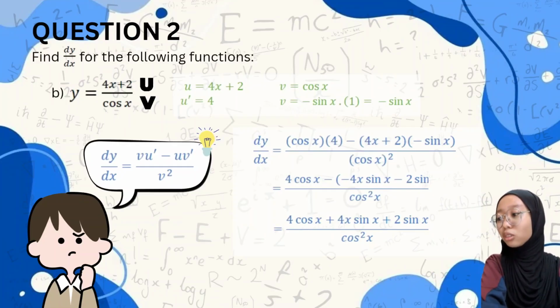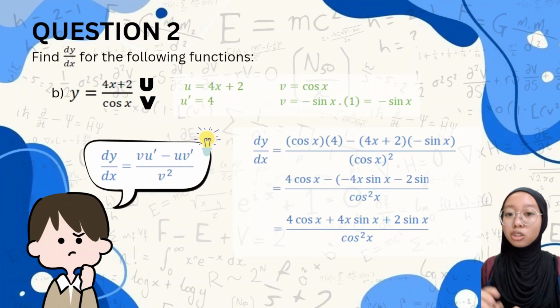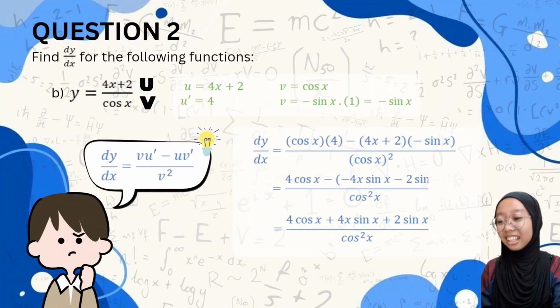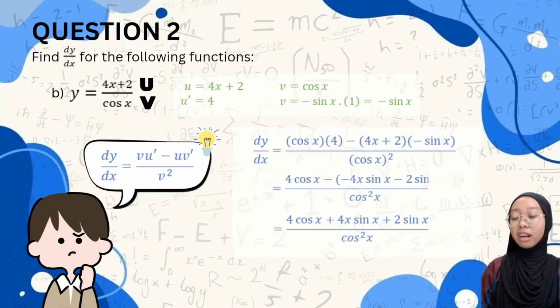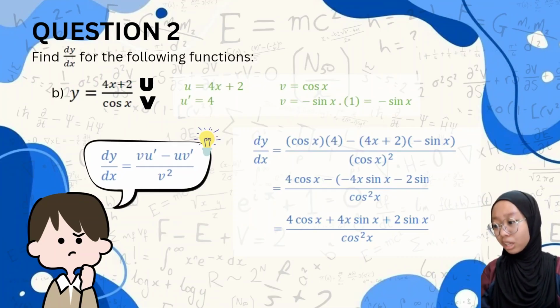I hope you know how to find the negative sin x. You need to differentiate the cos x first, and then you differentiate the x inside the cos x. I hope you understand. Okay. After we define all the information, just apply it to the quotient rule formula, which is v u prime minus u v prime divided by v squared. Okay, from the information we did get,